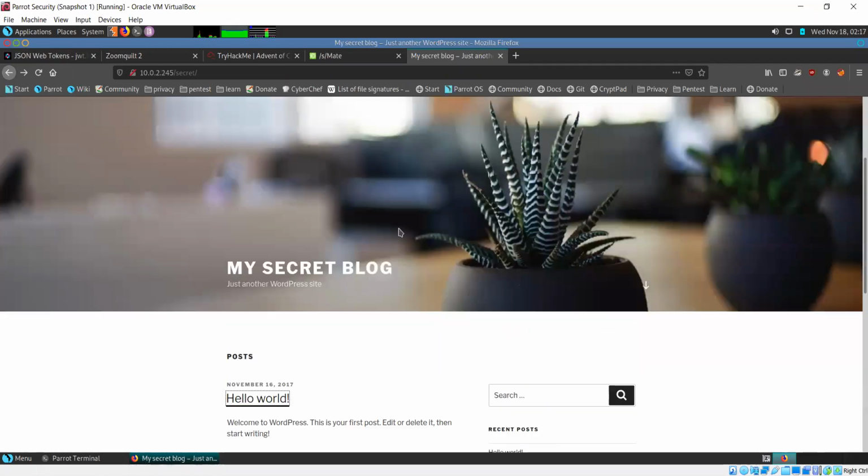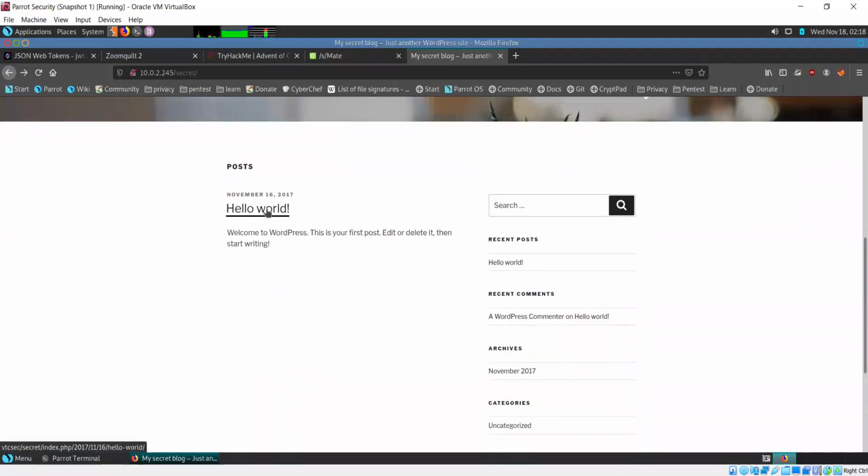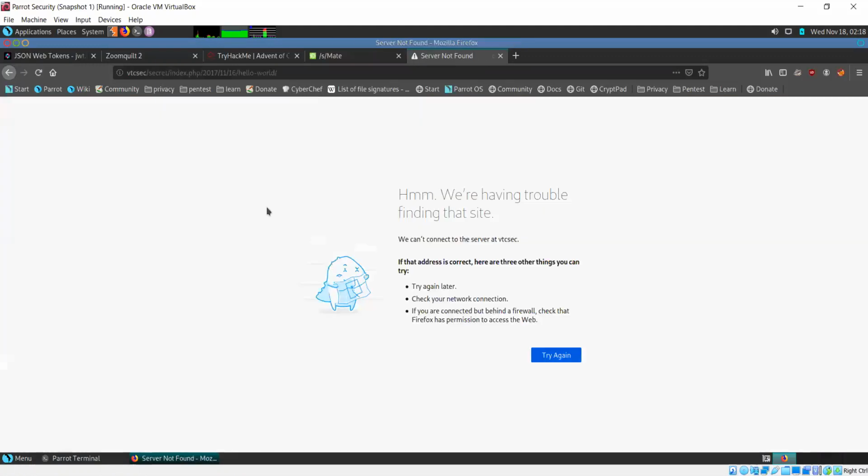Now see, this is a website. Think of this as when you visit a website over the internet. This is just like that. On a website, if you click on a link, that's just what we did. We clicked on a link, but it tells us that we are having trouble finding that site, server not found. Besides this error message, can you find something which might be the reason why we are having this trouble?